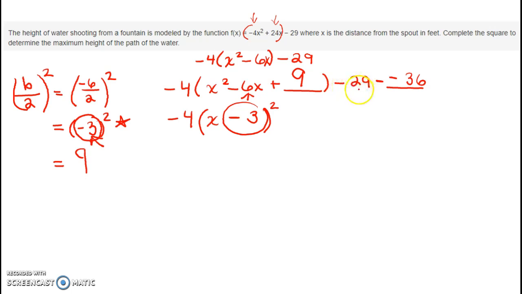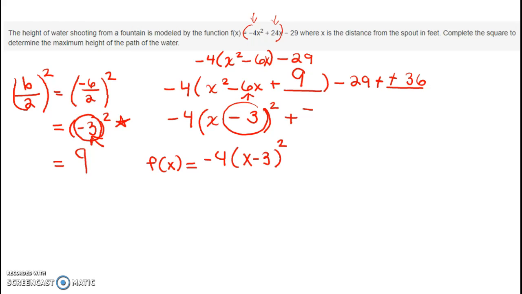Okay, so I'm almost done now. So I have -29 minus a negative is really plus 36. And then we're going to just combine those. So 36 minus 29 should give us, I think that should be plus 7. So my final answer would be f of x equals -4 times x minus 3 squared, sorry about that, x minus 3 squared